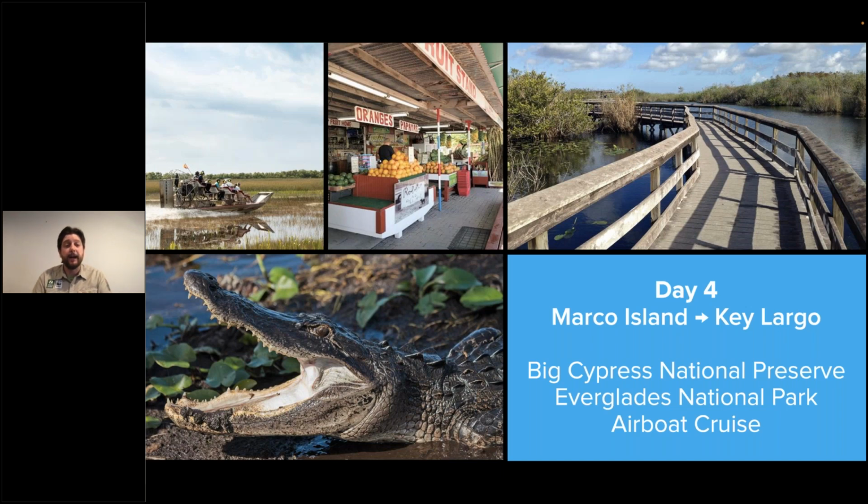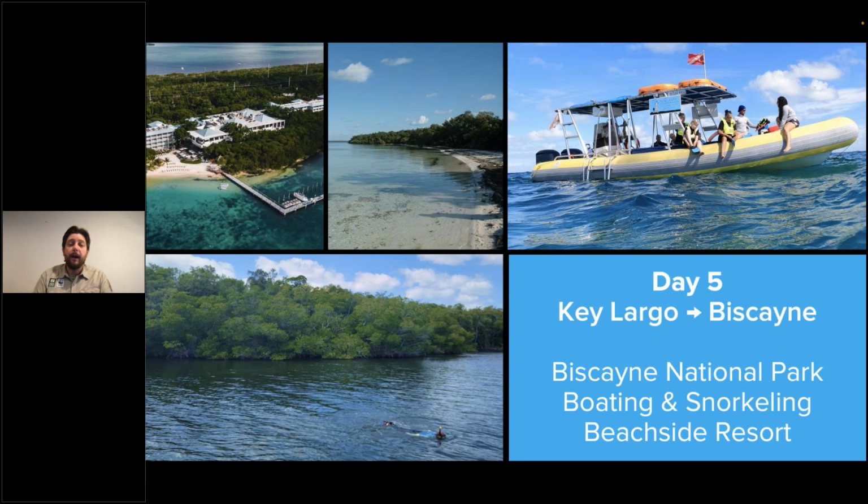Then day 5. Day 5, we are headed from Key Largo. We're going to stay there 2 nights in Key Largo. Another benefit of this trip, once we leave our entry hotel in Fort Myers, we're at 2 nights at each hotel after this. We're not traveling too much day to day, but this day we're actually going to head off of Key Largo